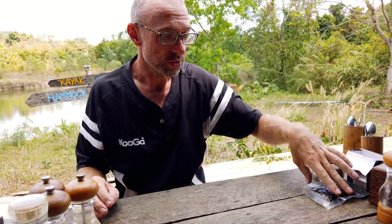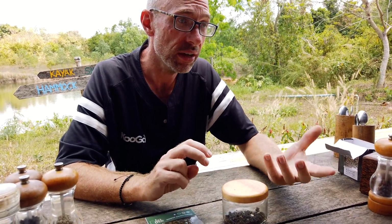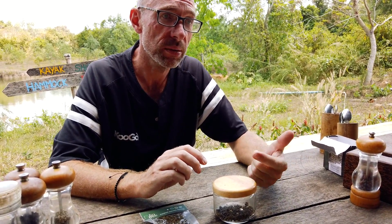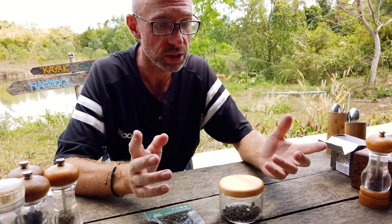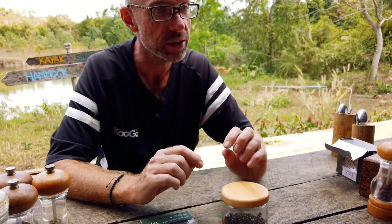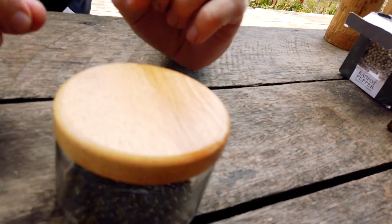They are your three dried ones. Off the plant, as I said, you get green and red, so you can get fresh green. You can go to Kep or Kampot and have them in a seafood dish, or a squid, or maybe even a sort of meat dish. The problem with the green pepper is it will dry very quickly, so after 2 or 3 days it